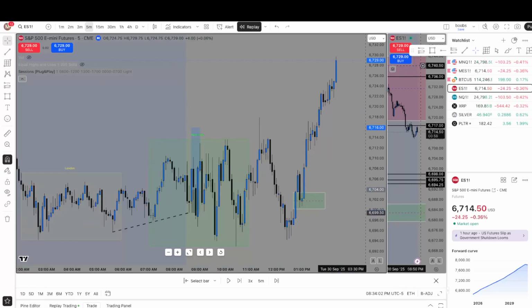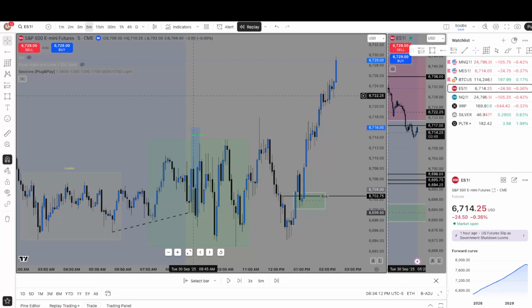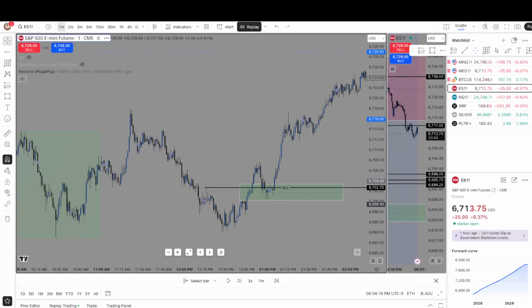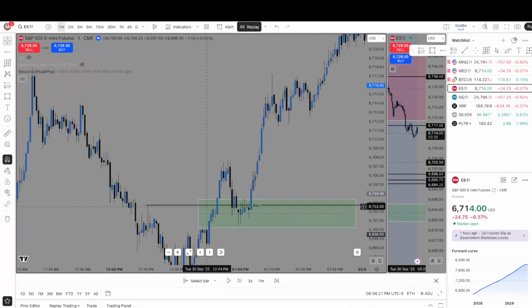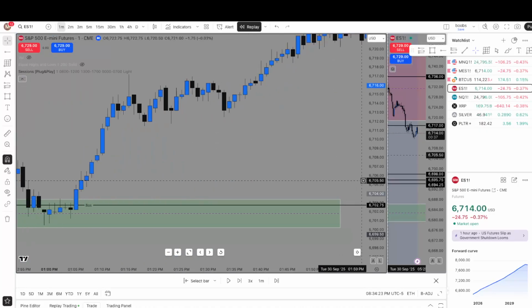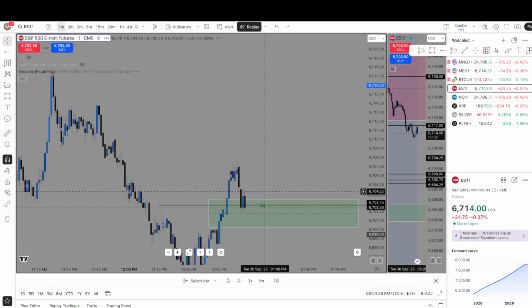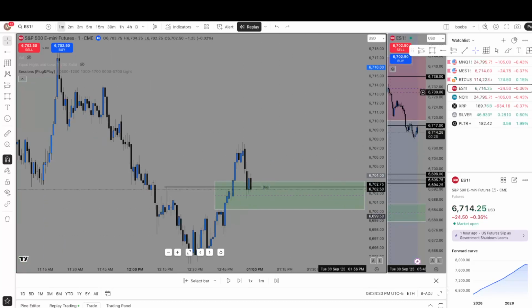I'm going to mark this up. Your 5 minute bullish break of structure right there after we ended up sweeping out lows right here. And we ended up getting a 5 minute imbalance. We retrace into that. We're going to go to the 1 minute. Oh my gosh, what do you know? Let's mark this out. We retrace into that. We're going to do a select bar replay. We're going to look for when we start coming into that candle. We're going to go into a 1 second and wait to see if we can get a break of structure.